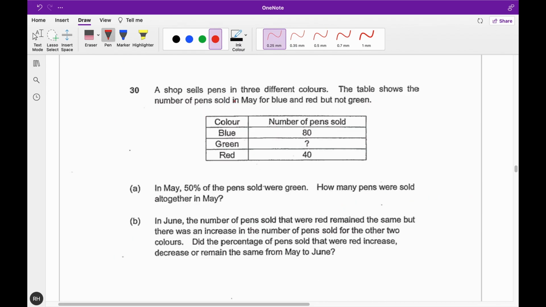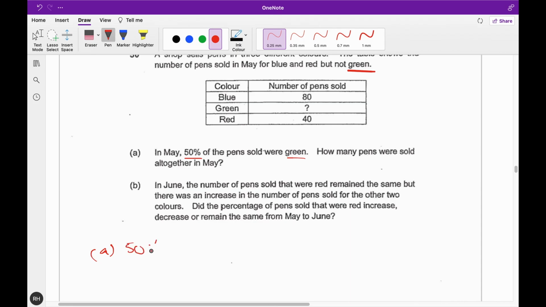Question 30. A shop sells pens in 3 different colors. The table below shows the number of pens sold in May for blue and red but not for green. So in May, 50% of the pens sold were green. How many pens were sold altogether in May? So part A,